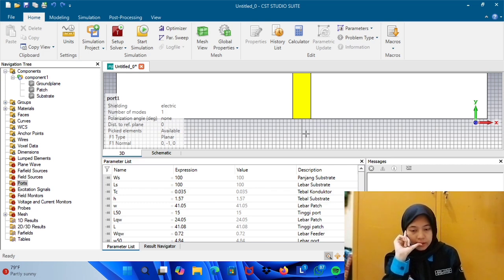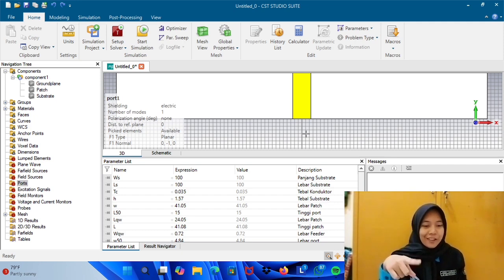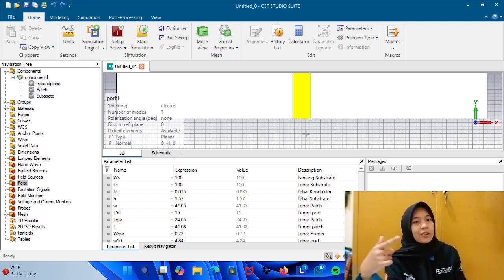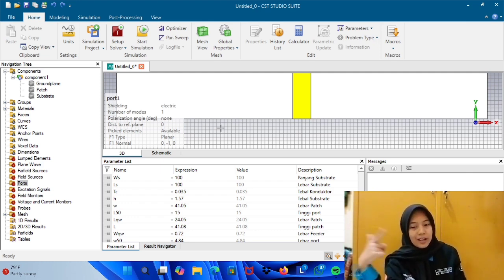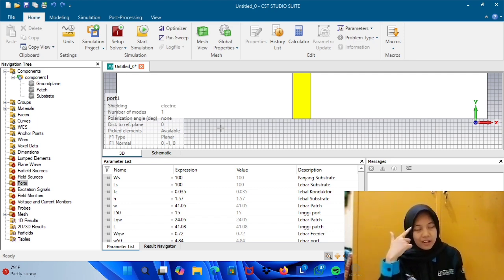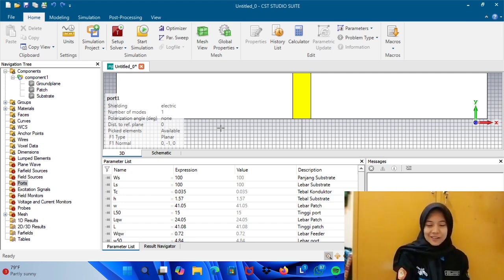Trouble is trouble. For designing the microstrip antenna, yesterday I succeeded. Yesterday I succeeded in designing the microstrip antenna, and now I don't know. Try again. Try again. I can try again. For success, I don't know.